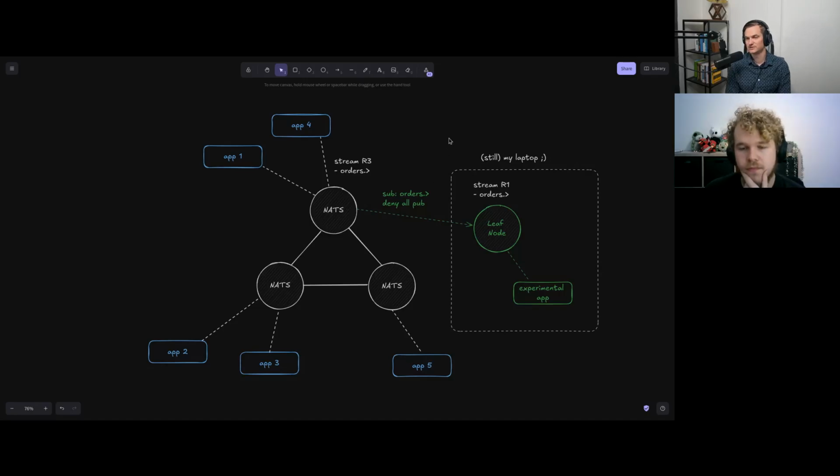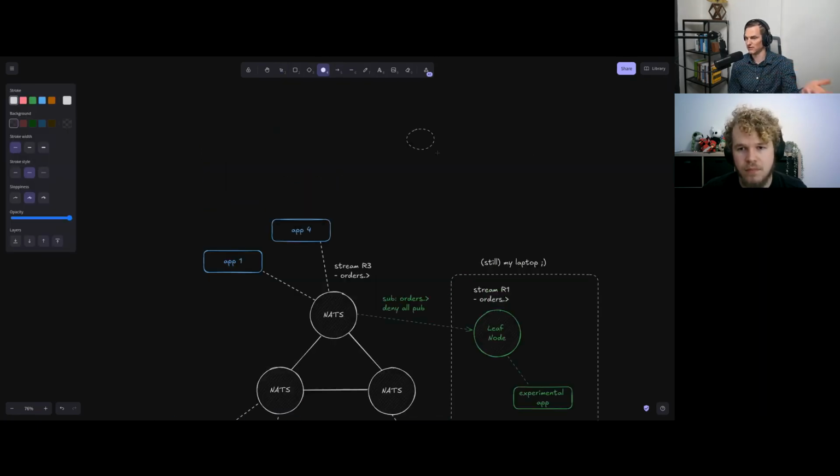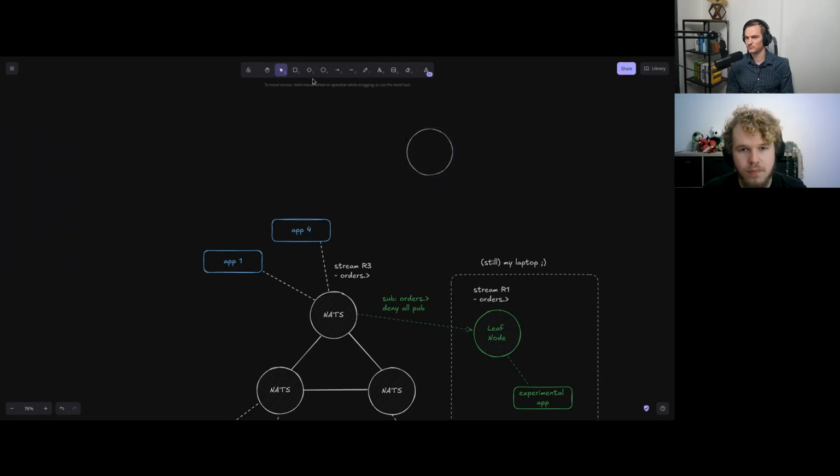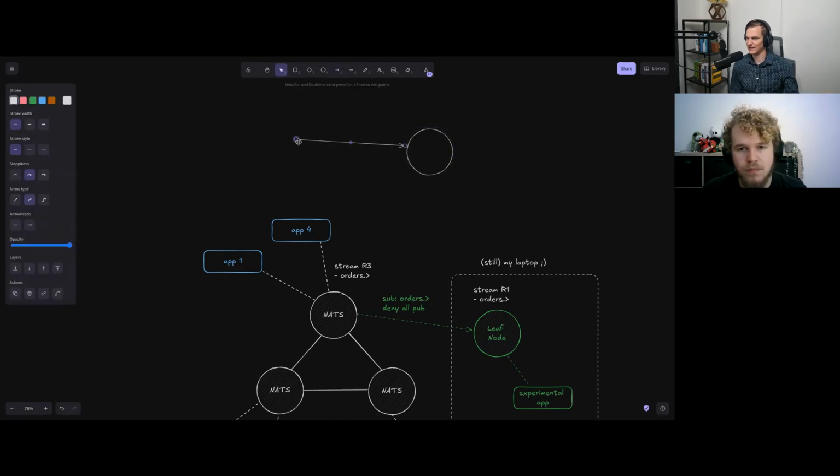That's cool. So with this deny pub, I wasn't sure how that would work with the work queues, but it would basically be a wiretap that's invisibly observing. So again, assuming they're both live when the message is sent, you'd get those work queue messages in the leaf node, but it would not send any acknowledgement back.